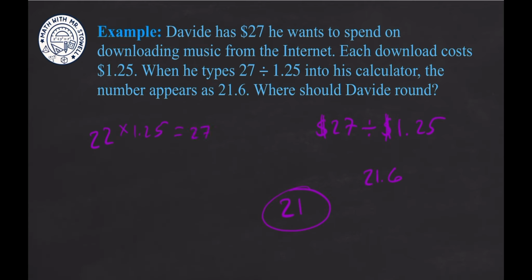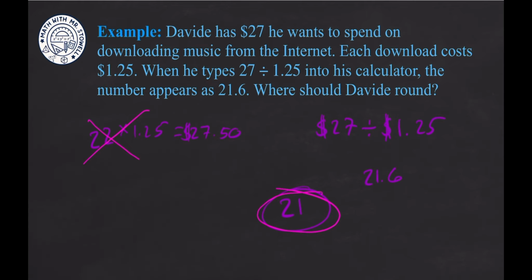of $27.50 in that case. So he would not be able to buy 22 songs. He would only be able to buy 21. So the place he should round is to make it a natural number. Make it a whole number. Make it a number that does not have a decimal in this case, because we cannot buy a portion of